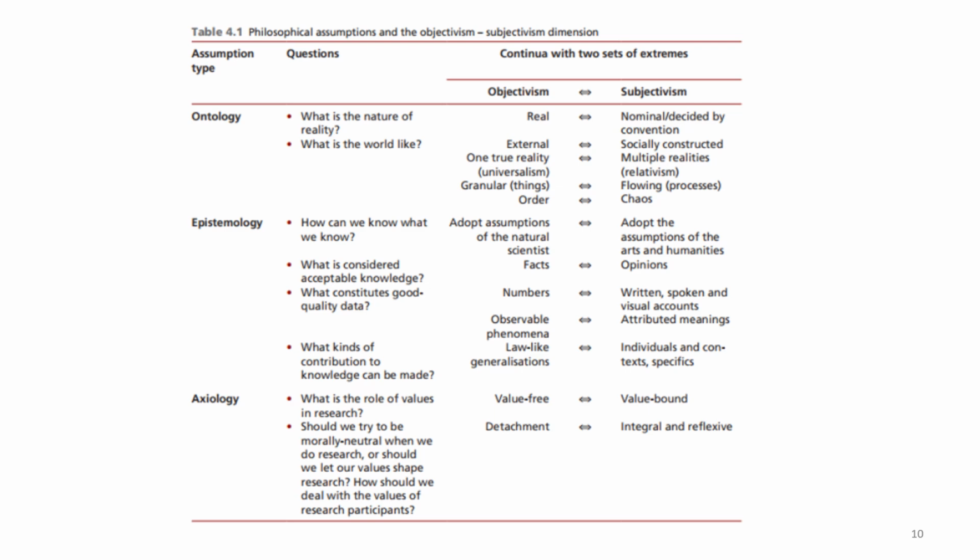And when we go to the extreme of subjectivism, reality is decided by the culture, the relationships, the social constructions. There are multiple realities, multiple meanings. We can give different meanings to one observable item. Chaos is something that is occurring in the universe, because things can be explained in different ways.